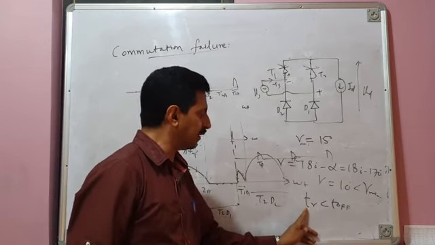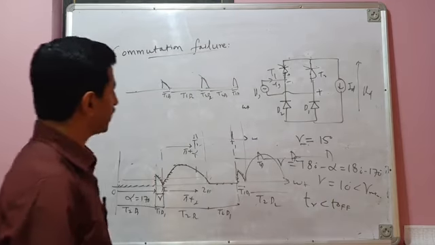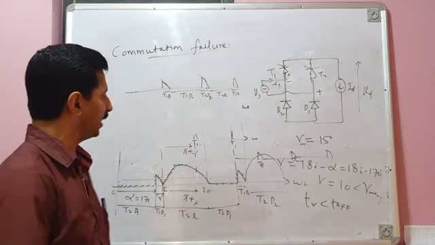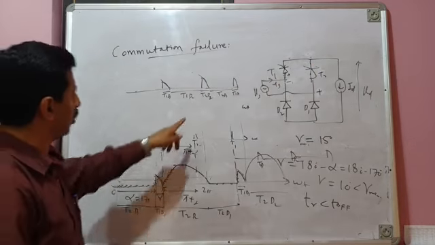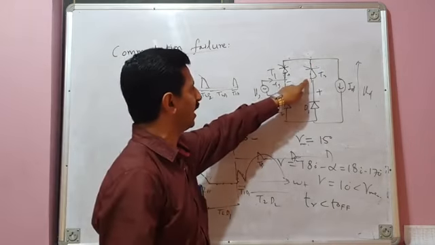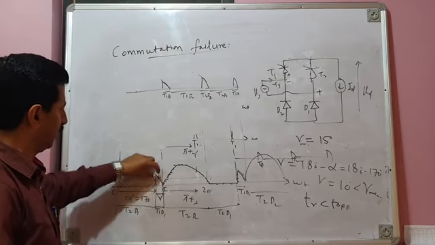That means reverse bias across it is only for a period which is less than its turn off time, and it does not regain its forward voltage blocking capability. That means as soon as positive voltage comes across it, that means during every negative half cycle it is forward biased and it triggers. This is the positive half cycle, in this your load voltage appears.